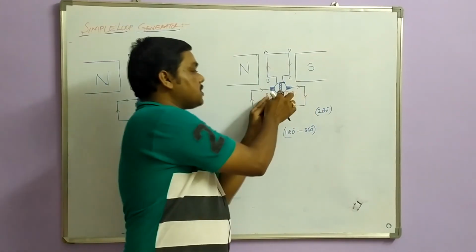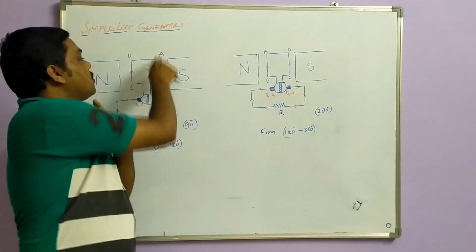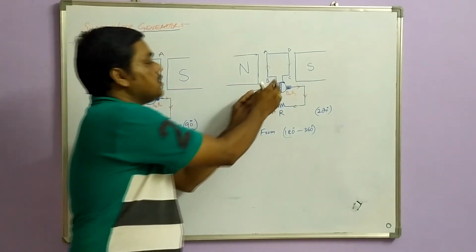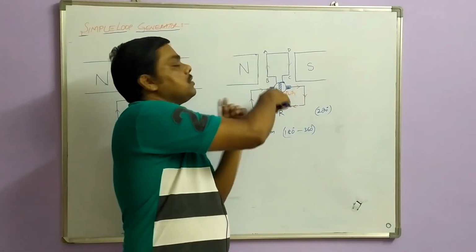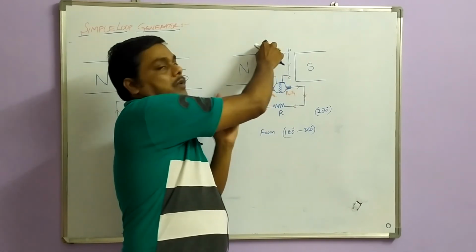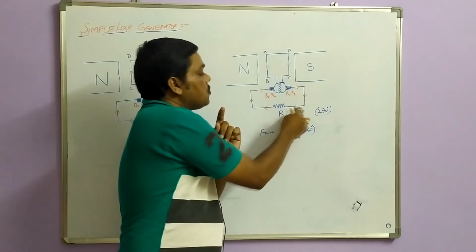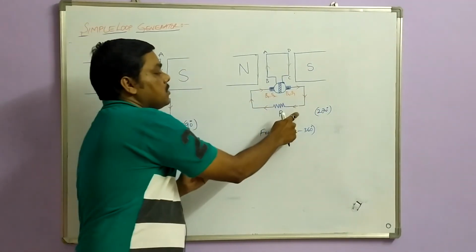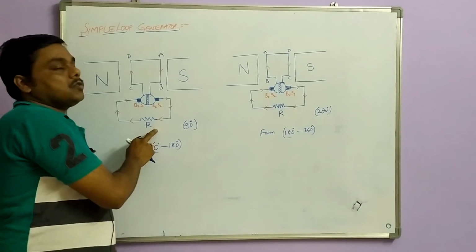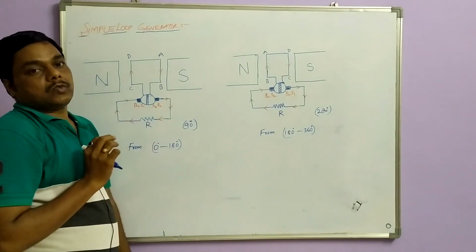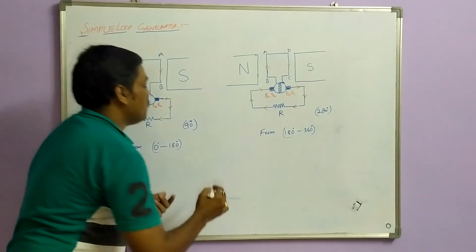Now similarly segment 2, which is connected to your AB conductor, is also interchanged. Now see what is the direction of current? B to A. Now what is the total direction of current? BADC to the load resistor. And what is the direction of your current? Same as usual, the same as previously. So what you are getting, whatever your